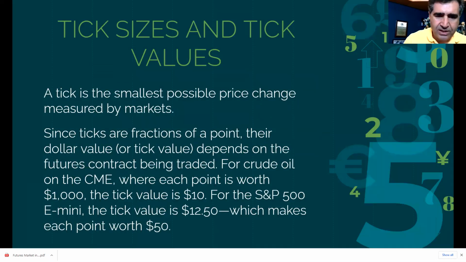I already talked about tick size. That's the smallest movement in the price of your underlying contract. As I mentioned, the smallest tick for mini S&P was 0.25. In order to have a value on it, you multiply by each tick's value. So if one movement in S&P was $50, then divided by 4, each tick will be $12.50.